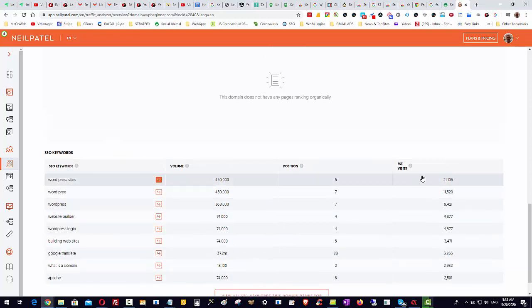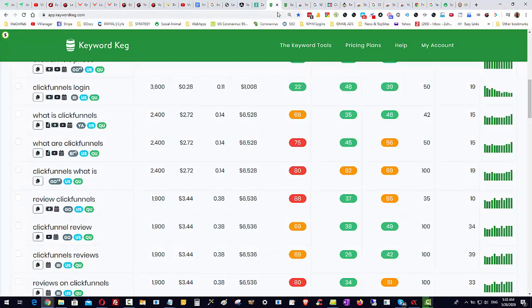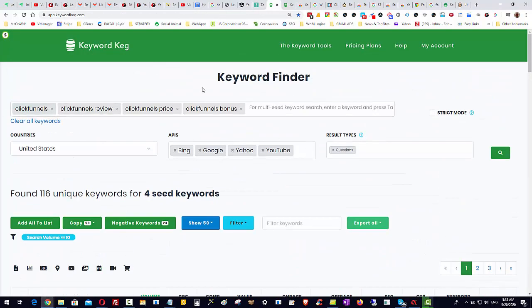You can see the amount of visits they're getting as well. This is good information. Other Suggest is a good tool for the money. Very, very good tool for the money. Really high value. The other tool we can use is Keyword Keg. Keyword Keg is able to go and find keywords